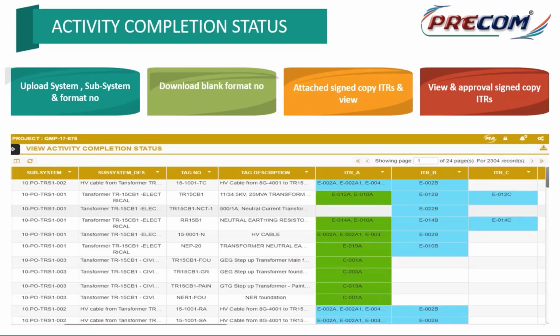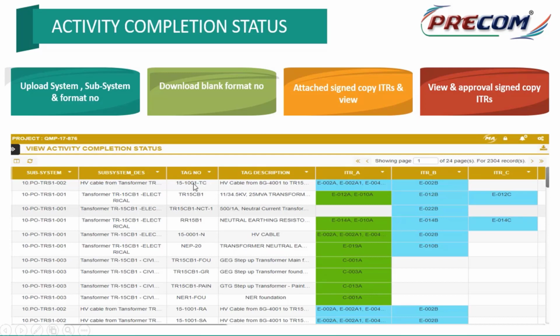So now you can see this is the initial screen. I will take you to the software. Before that, I will just give you a fair idea. So on the left side, within system, I may have multiple subsystems. My first column is system, and then I will have a subsystem. What is the description of the subsystem? And within each of the subsystems, I have tags, and these tags are associated in some way with respect to discipline. System, subsystem, discipline, tags. So for example, my first tag is related to HV cable, that is electrical or instrumentation.